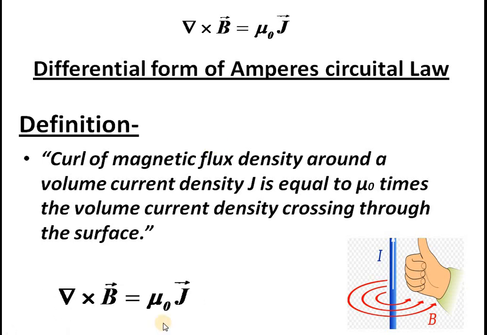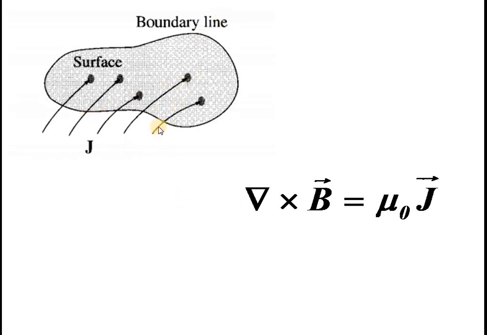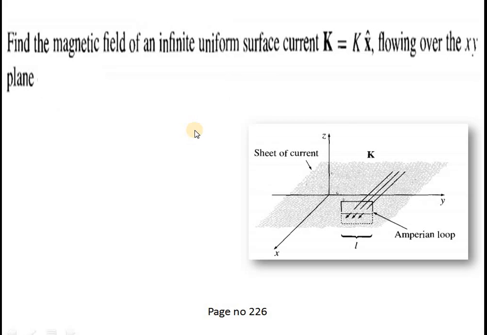So that is del cross B, and it is a vectorial equation. Here is a pictorial representation of the differential form of Ampere's law. Here J is indicated with space charge and a closed path is taken around it. So curling B will be around these currents. Many space charges are penetrating the surface, and del cross B will be circulating around it. I hope the idea is clear.